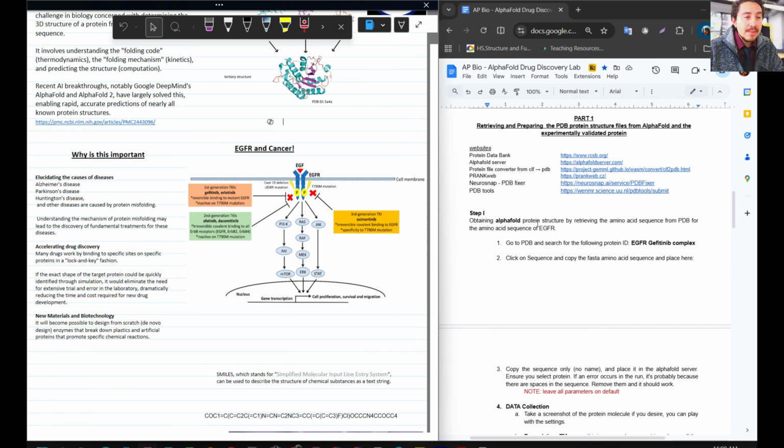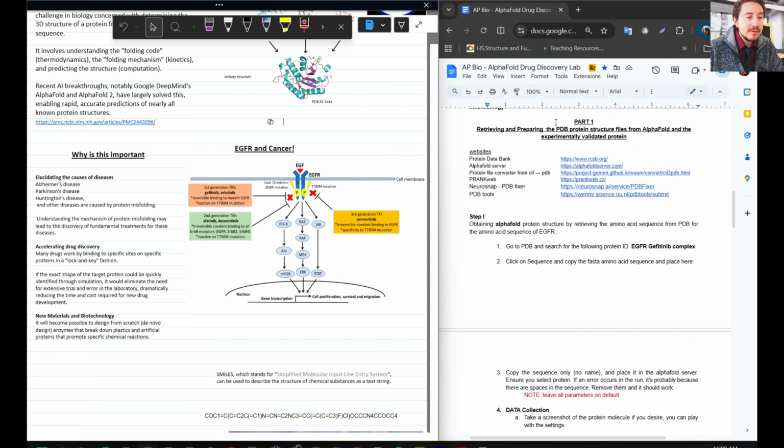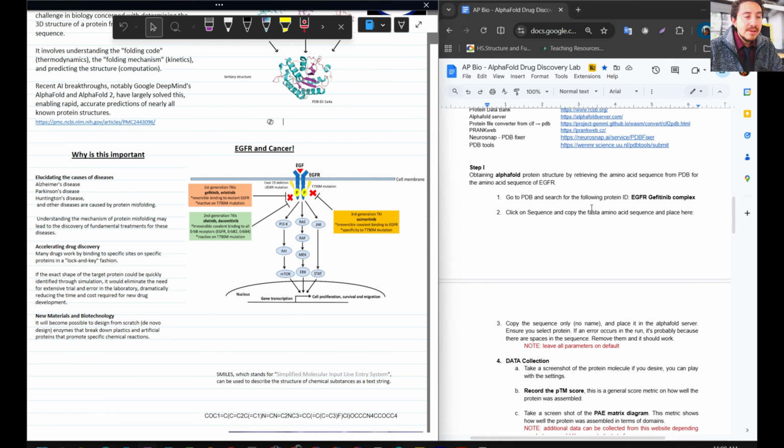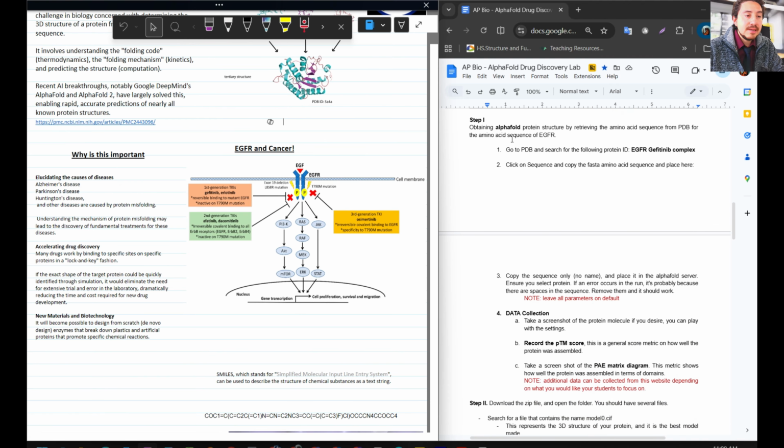Okay, so I've split this into parts. The first part is retrieving and preparing the PDB protein structure files. These are 3D structure files in the format called PDB. There are some other formats that we need to convert to, which we're going to take a look at. For this first part, we need to get a file from AlphaFold, which is the 3D predicted, and the experimentally validated protein. Okay, so the first thing we're going to do is get the amino acid sequence